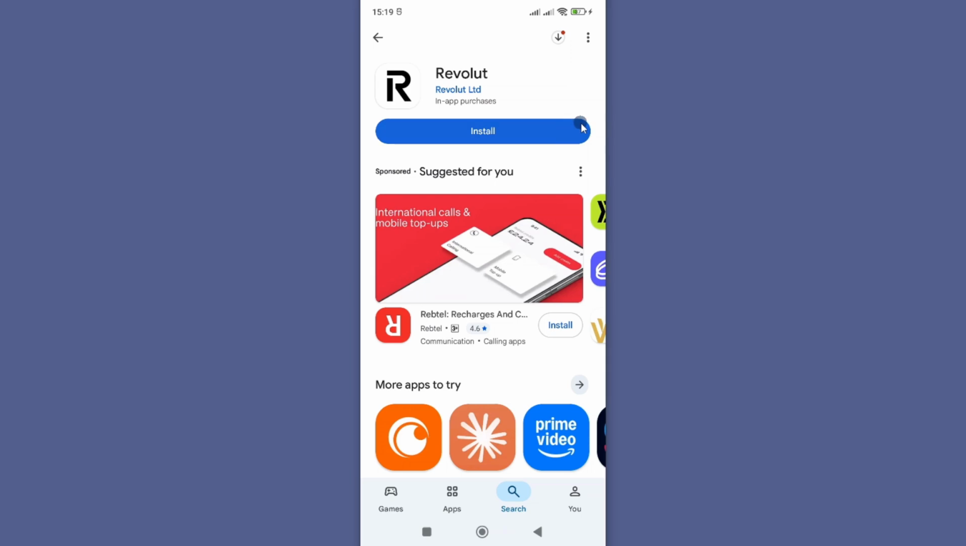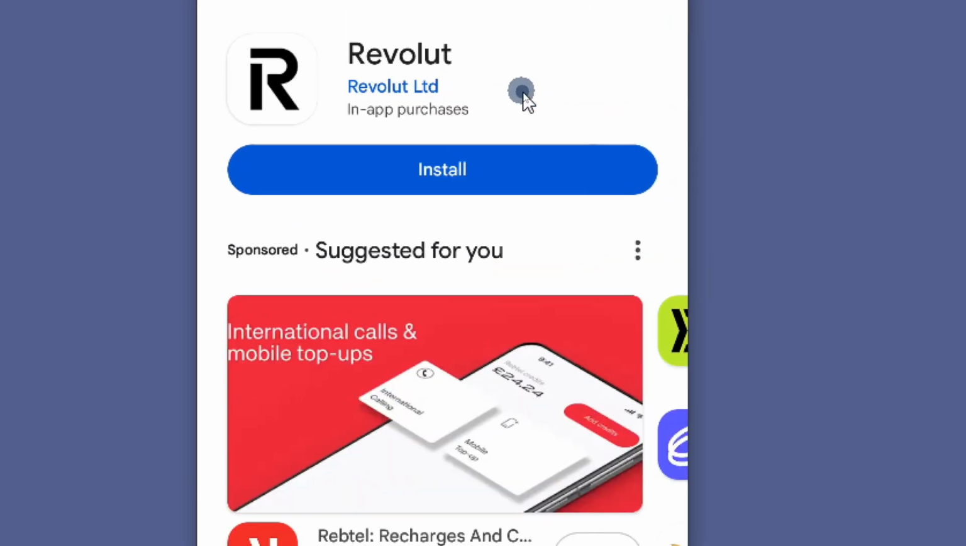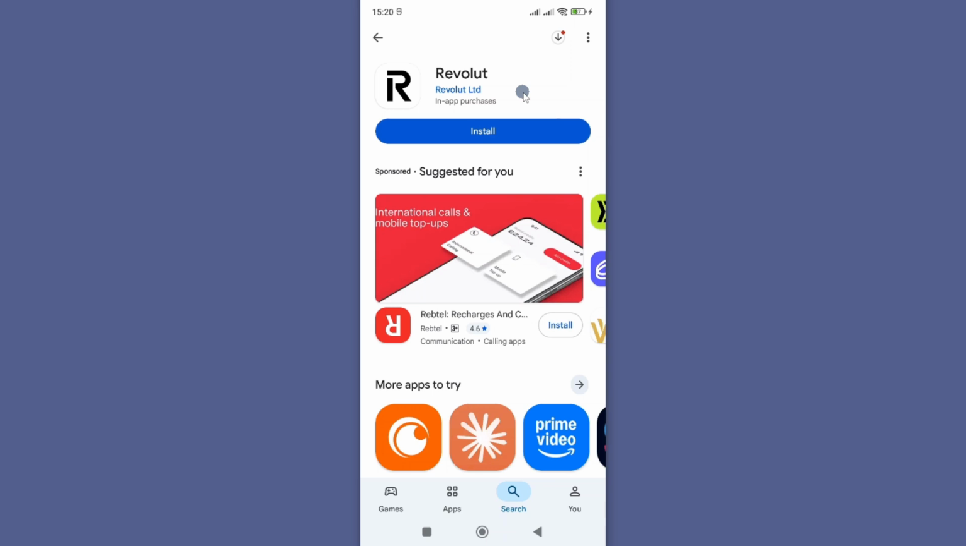In this video, I'm going to show you how you can fix can't install Revolut bank app from Google Play